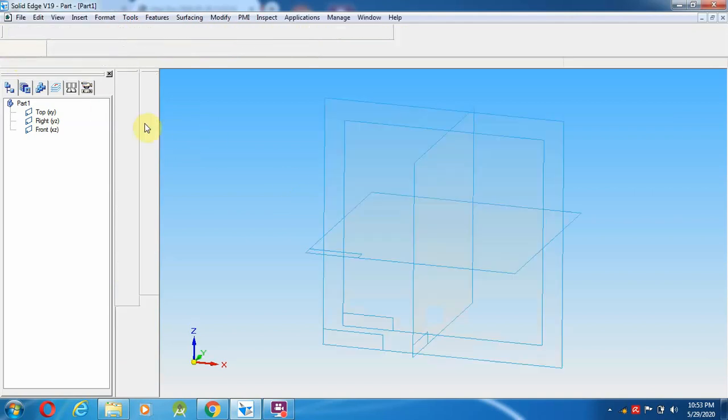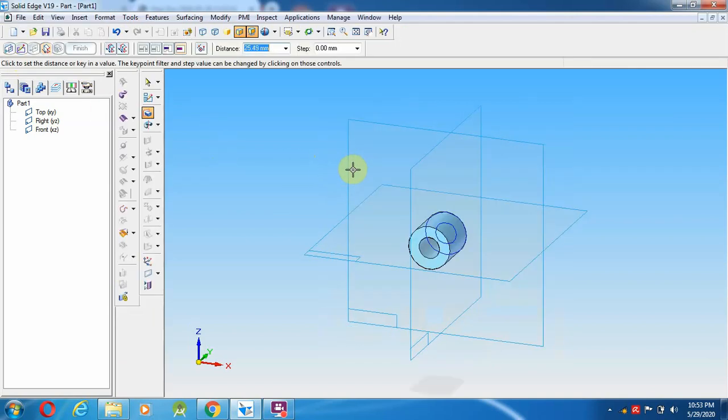Then I am going to give return. Now to get the depth, the formula is 0.2 into d.